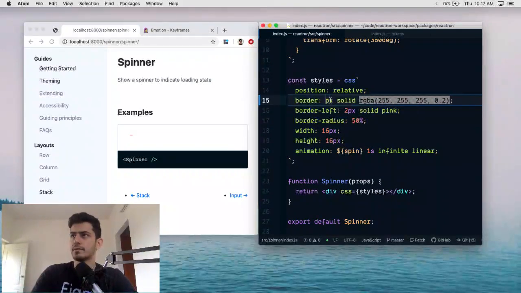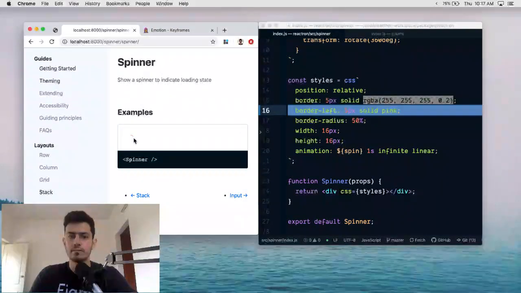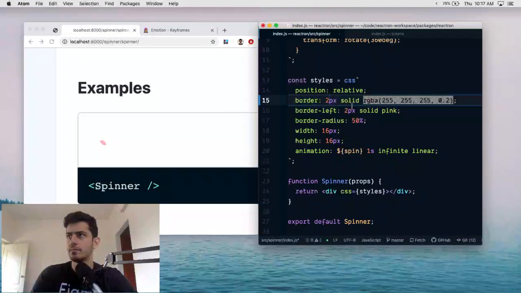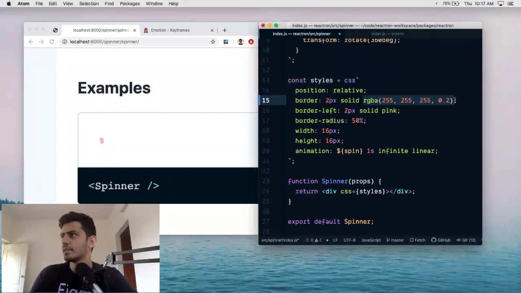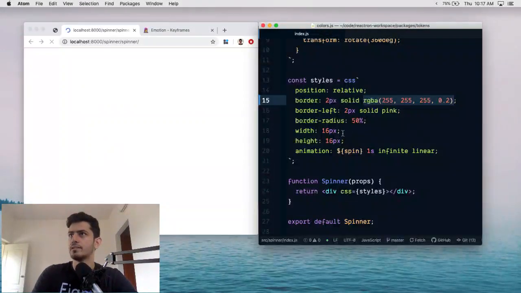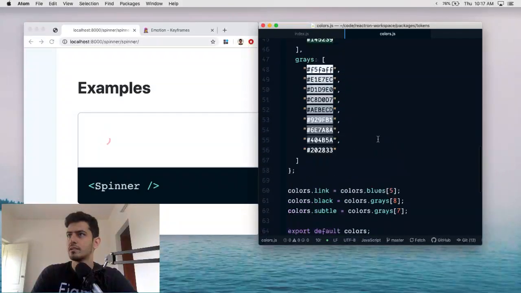Okay, that's nice. I'm gonna make it probably 5. It's too thin. Okay, the number is somewhere there. Let's just stick to this for now. And then this thing is gonna be, I actually just want a gray, so let's go to our colors and pick a really subtle gray, maybe